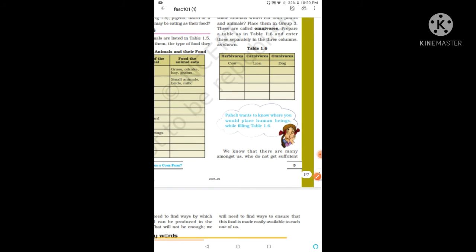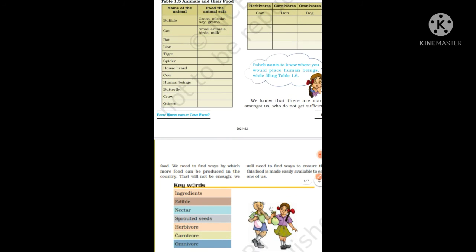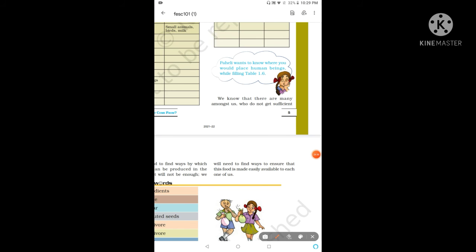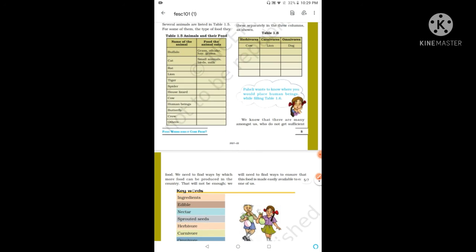मैंने भी आप सबको इतने अच्छे समझाया तो अब सब अच्छे से करेंगे. पहेली wants to know where you would place human beings while filling 1.6. तो ये जो लड़के ने चाहते हैं कि आप ह्यूमन बींग्स का बताओ, आप उनको कहाँ रखोगे? सी ह्यूमन बींग कुछ होते हैं जो हर्बीवोरस होते हैं, कुछ होते हैं ओमनीवोरस भी होते हैं, कुछ कार्निवोरस भी होते हैं। सो अब जिसने इस क्वेश्चन का सही मीन्स करेक्ट आंसर दिया उसको +5 मार्क्स एक्स्ट्रा, मीन्स